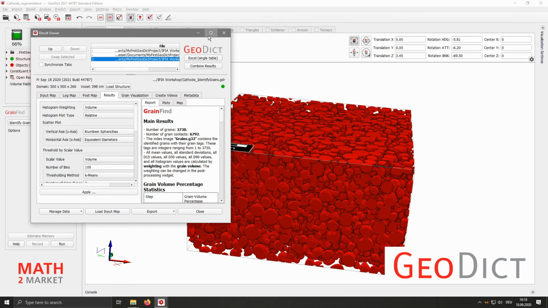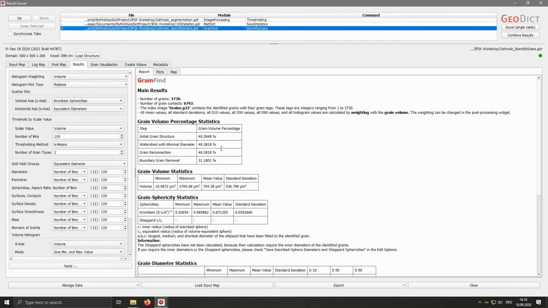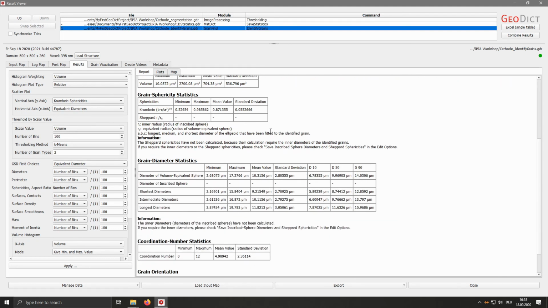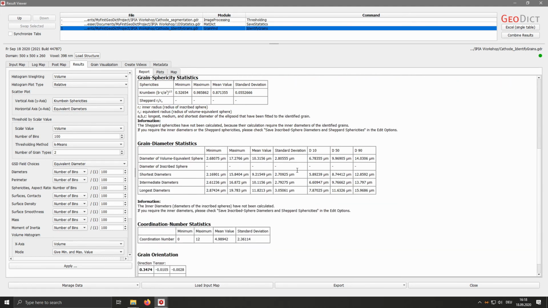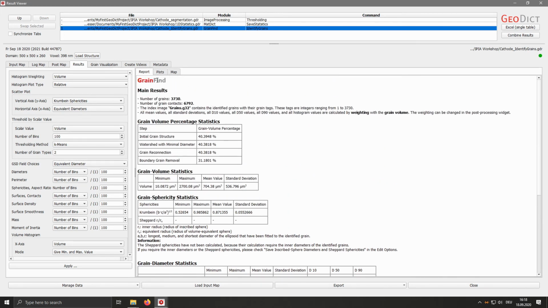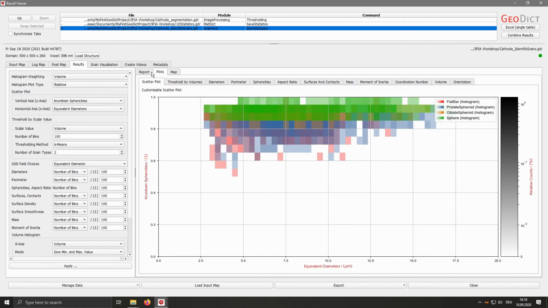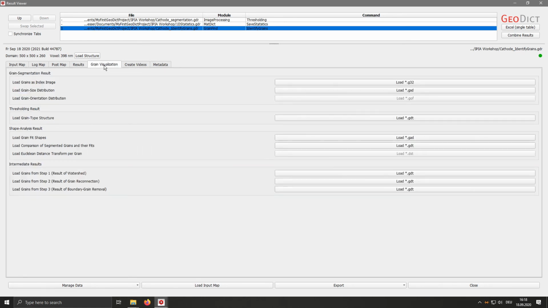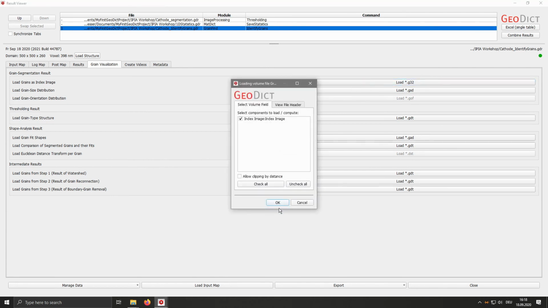I will make this big now because it's a very complex result file. So the first result up here is the number of cranes and the number of contacts between the cranes in the structure. And below it, we get a lot of statistics. For example, diameter distributions, the orientation of the cranes. But the first thing we want to look at now is not actually the plots, but the crane visualization, and in here, the crane index image. So we click on load G32 here and load up the result.